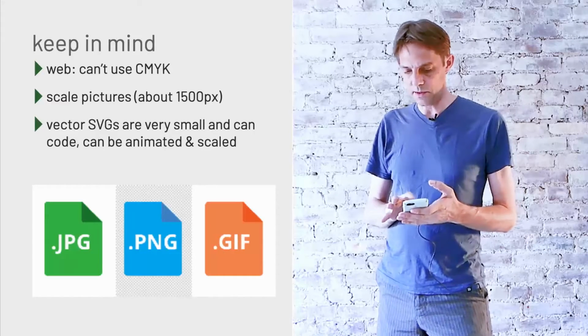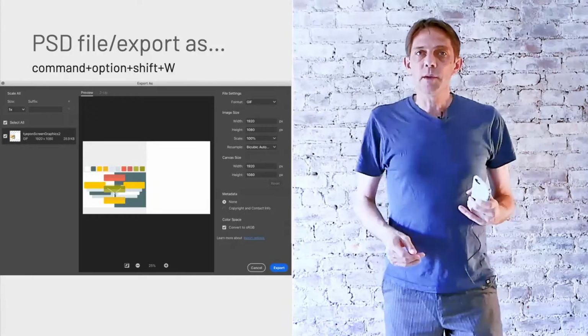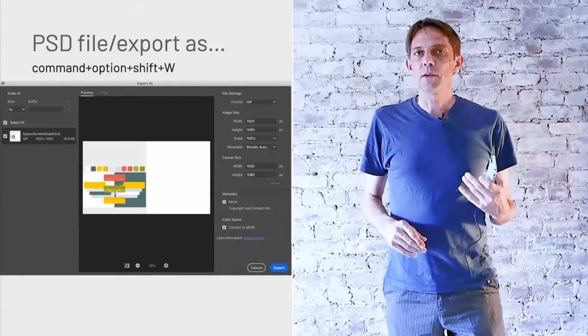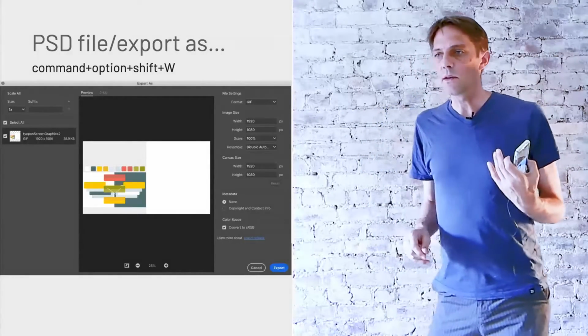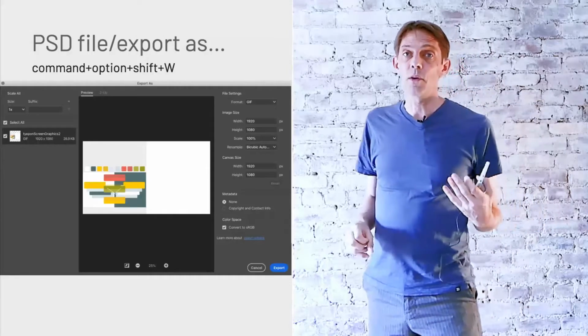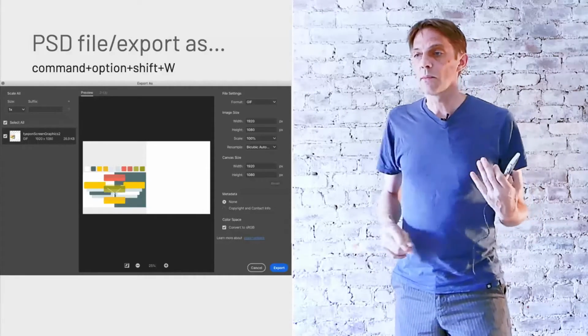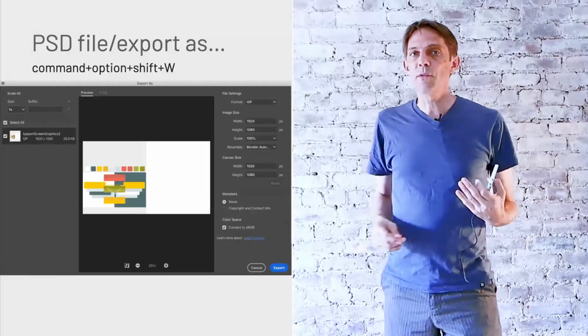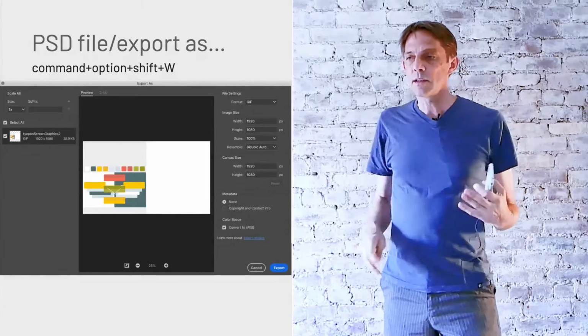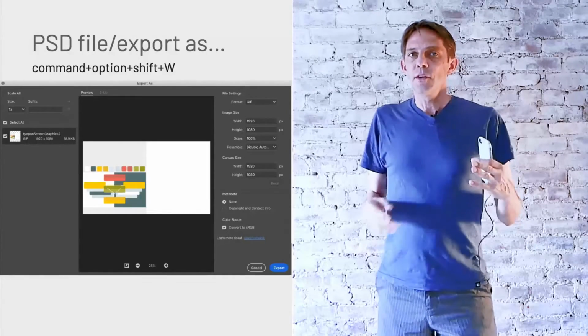It's just animated, right? A great tip also is when you're working in Photoshop and you're saving JPEGs out, or PNGs or any kind of these web formats, you want to save them with Command Option Shift. That's the Save for Web option. There are two different ways, but if you do it